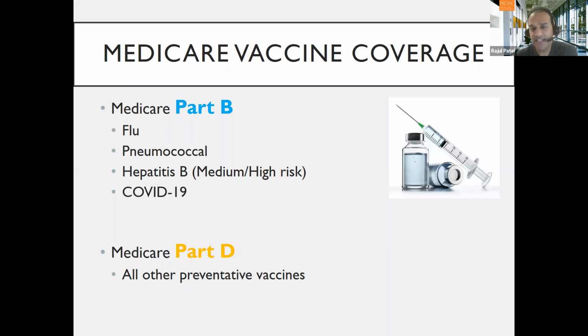Every other vaccine that's available in our country is covered, but it's covered specifically under the Medicare drug plan. So if you talk about the tetanus, diphtheria, whooping cough vaccine, Tdap, or the shingles vaccine, Shingrix, or hepatitis A, or any other vaccine, it's under Part D. But here's the big difference. With Part D vaccines, there's almost always a copay, right?